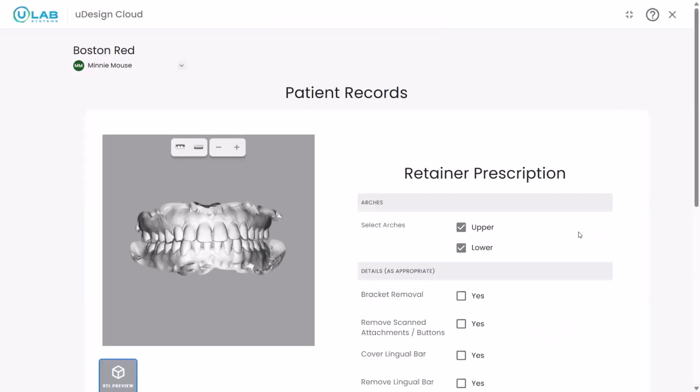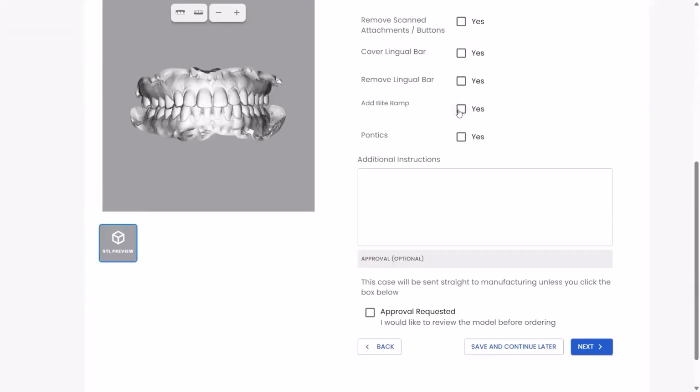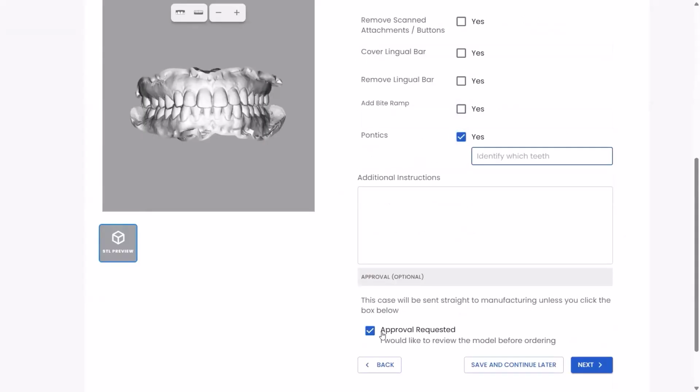You will notice the retainer prescription has a couple different options. We have a bracket removal, remove scanned attachment or buttons, cover a lingual bar, remove a lingual bar, add bite ramps or pontics. If you select Add bite ramps or pontics, you will see the Approval Requested button has been